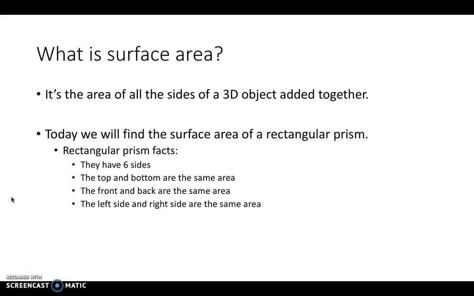Does anybody know? Any quiet hands want to let me know what they know about surface area? Okay, cool. So I'll just go ahead and let you know. The main things we want to know are that